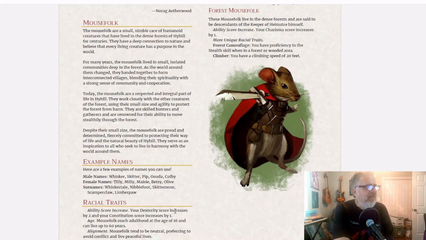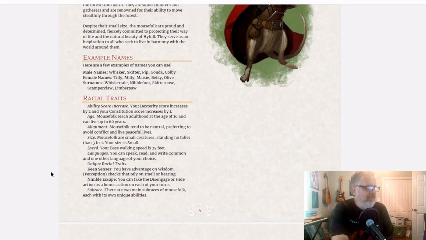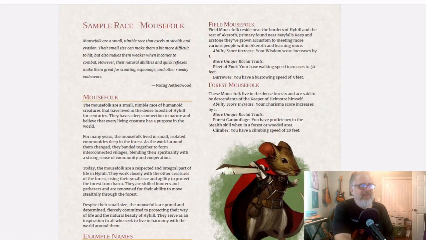The example names are adorable, but they go into some detail here. The racial traits, I think, are a lot of fun. These are, as we're going, we would assume small creatures. Some racial traits that make a lot of sense: keen senses, nimble escape, and I do like that